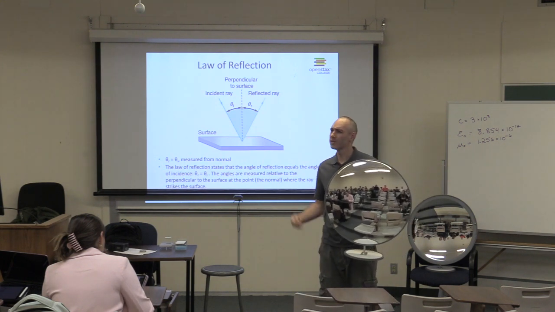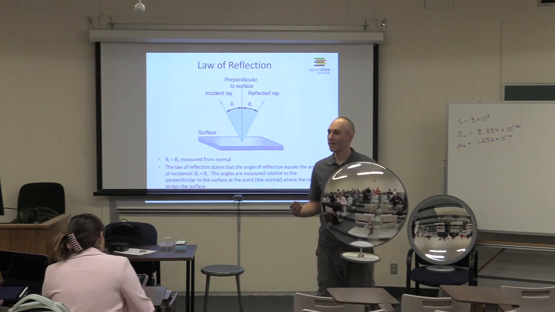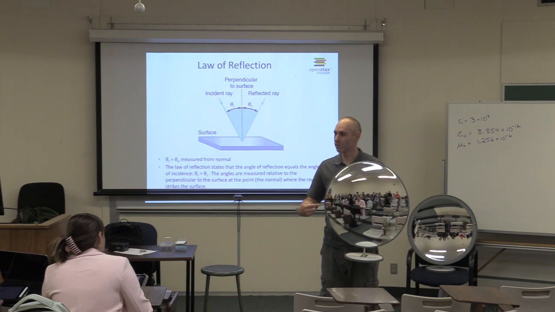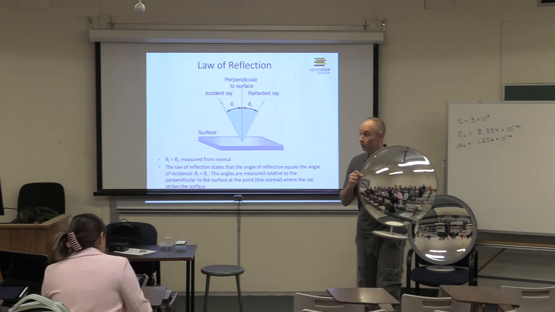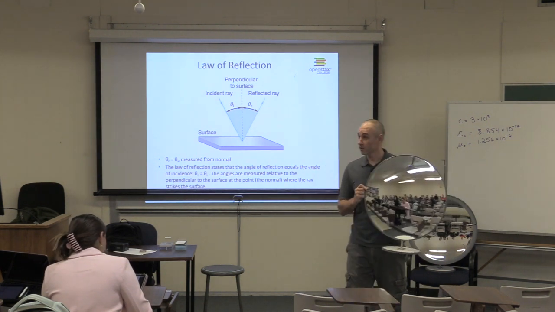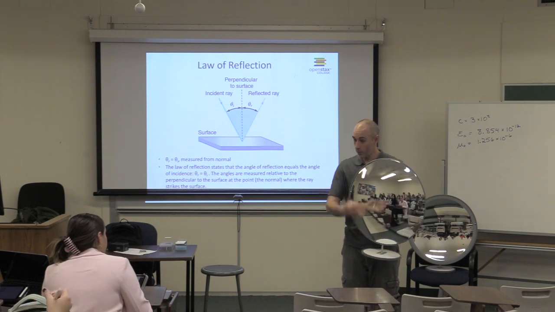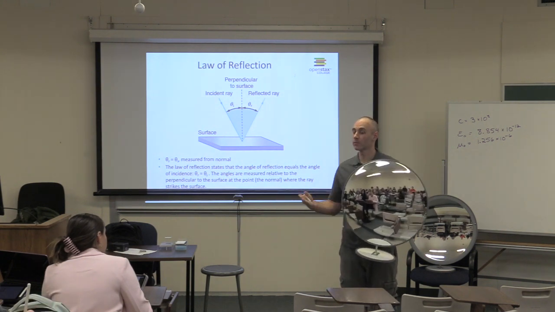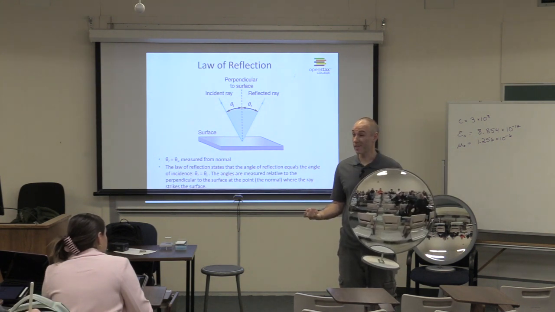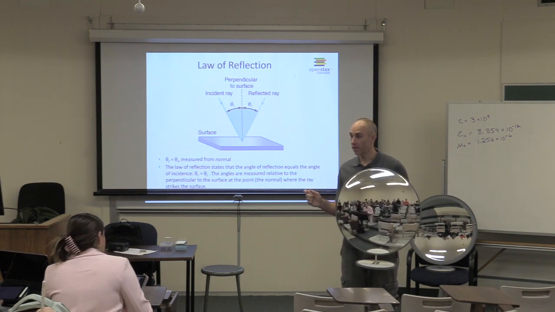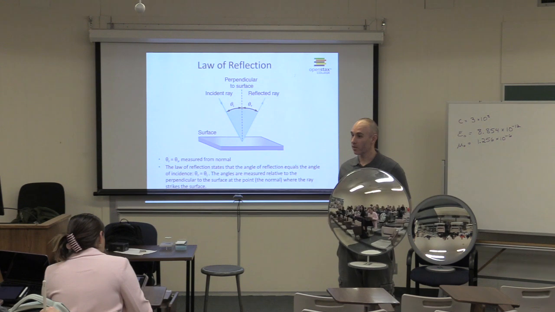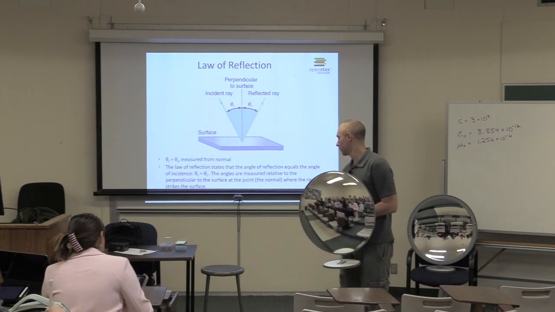Have you ever heard this before? This sounds vaguely familiar to me. Object in the mirror is actually closer than it appears to be. Where have you heard this before? On your car mirrors. So the car mirrors are actually convex. They're bowed out a little bit because we want to get as broad of a field of view as we possibly can. But the consequence is that the objects are smaller, and thus your perspective of how far away they are is a little bit askew.